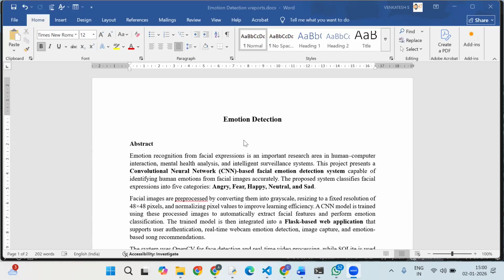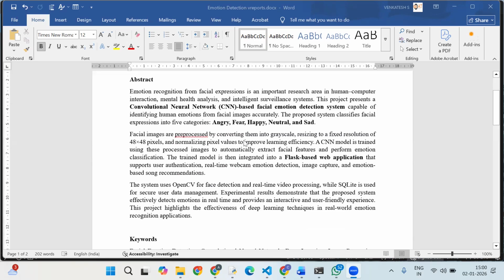Everyone, today we are going to see the project called Emotion Detection. In our project, human emotions play an important role in communication and behavior. Traditionally, emotion recognition was done manually by observing facial expressions, which is subjective and not reliable for real-time applications. So, to overcome this, our project uses deep learning, especially a convolutional neural network (CNN), to detect emotions